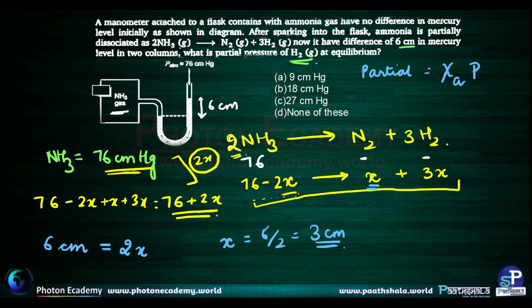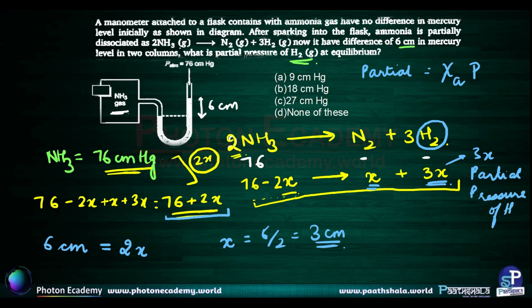That is, what amount of the total pressure is being contributed by that particular component. So here the component we are talking about is hydrogen, and we have by default taken the entire pressure to be 76 plus 2x. So what amount of pressure is being contributed by hydrogen? It is 3x, which is equal to the partial pressure